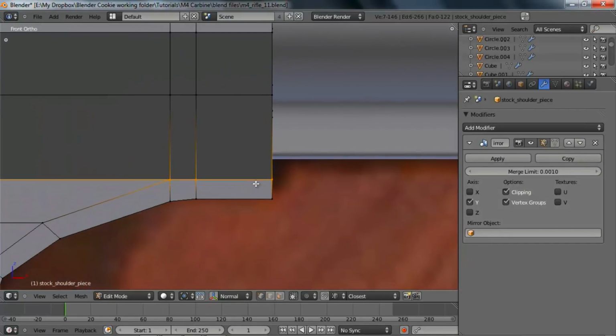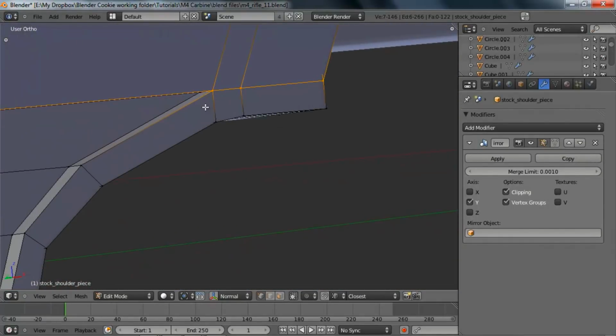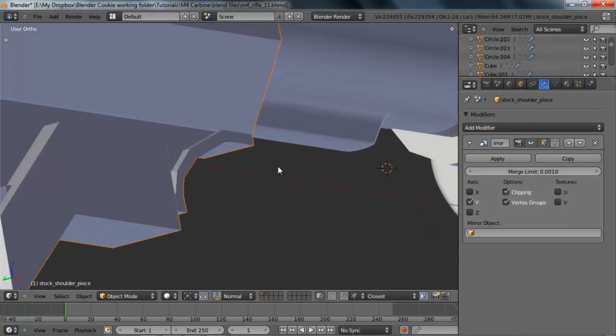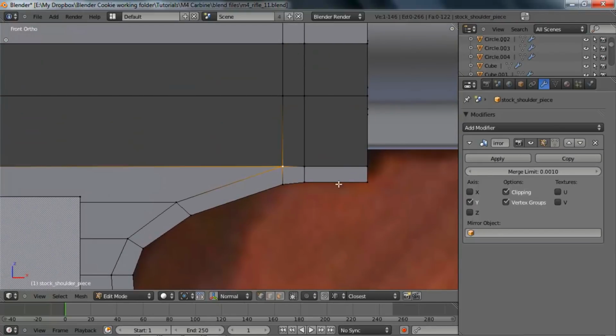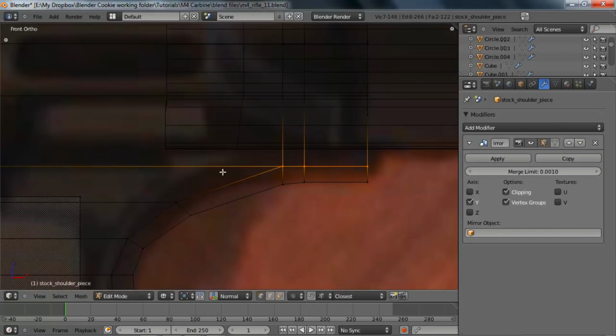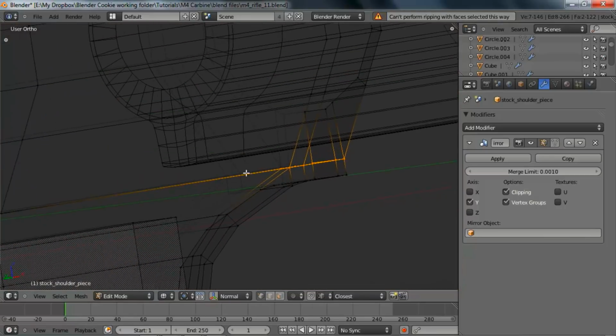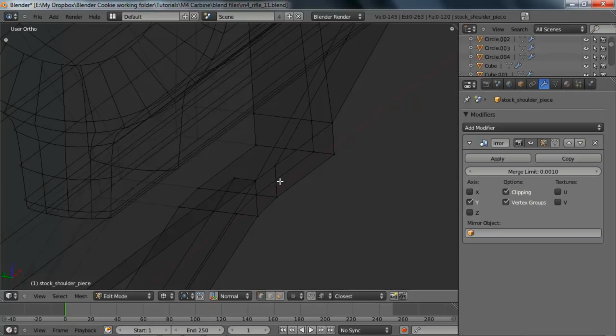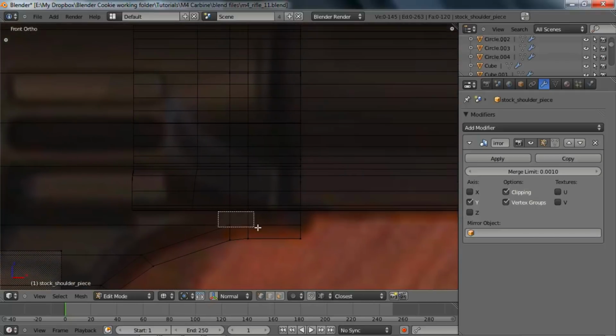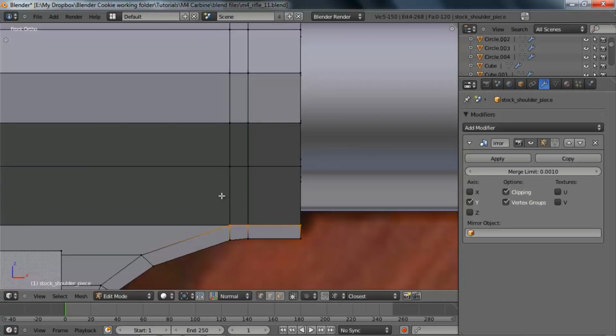Let's see. What is a good way to do that? Actually, I think that'll work out okay. But I do want to go ahead and, first, I have an interior vertex. Select that. And then I think that if I select this, rip that down,